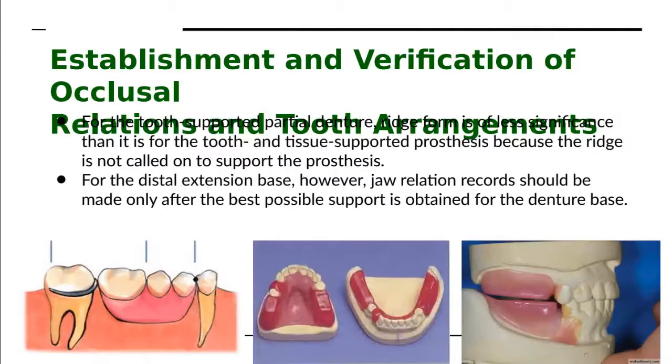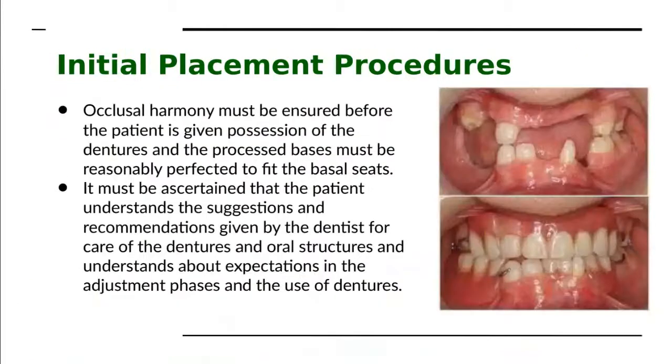Now, once that is done, you establish your bite rims or your record blocks. You fabricate your record blocks and you start with your jaw relations and your teeth arrangement. And once that is done, you fabricate your dentures. The occlusal harmony must be ensured before the patient is given possession of the dentures. Make sure that you have a proper occlusal plane, and once everything is fine, the dentures can be inserted into